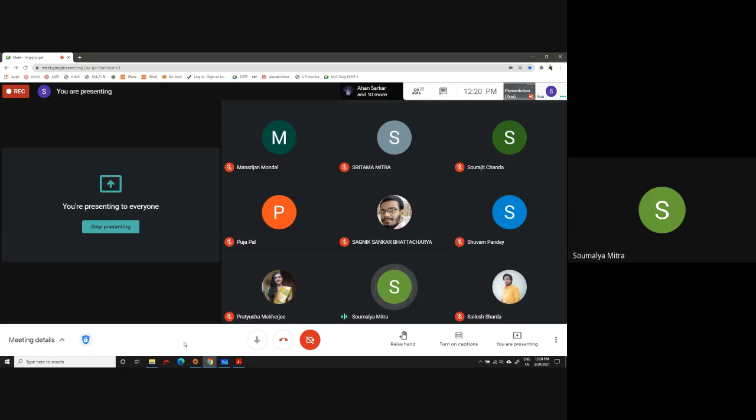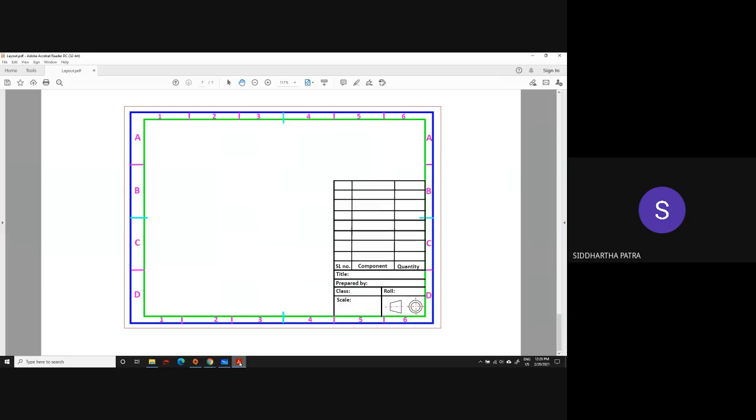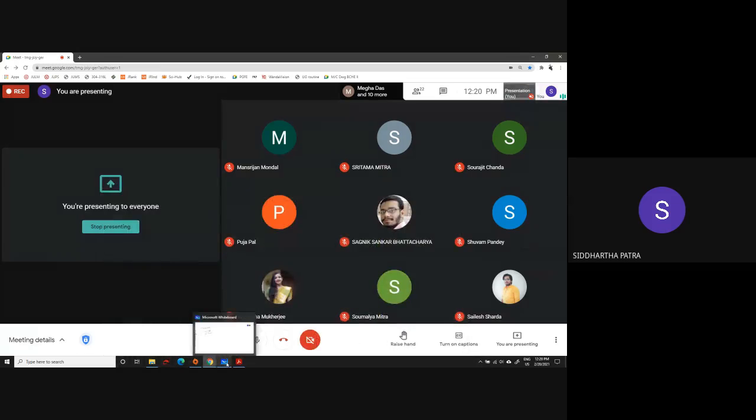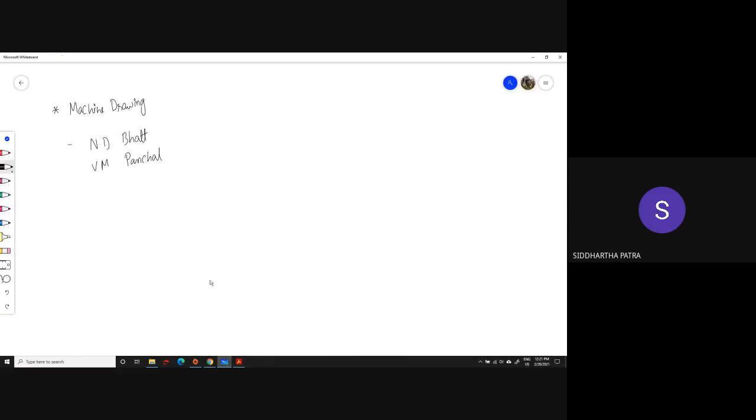But sir, we have the book in the drive. You have the book in the Google Drive, the class Google notes drive. So you have the PDF already. Okay. Yes, sir. Okay, that's fine. But it's not the engineering mechanics book, right? It's the machine drawing book. Do you have the engineering drawing book or the machine drawing book? Sir, we have the machine drawing book. Okay.